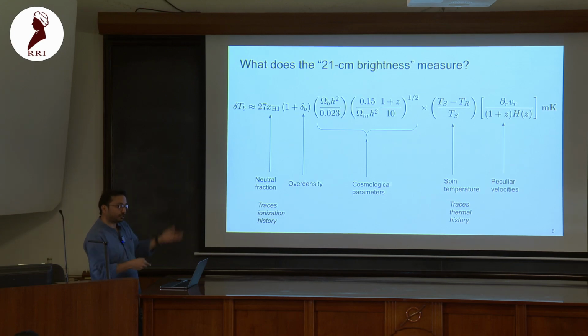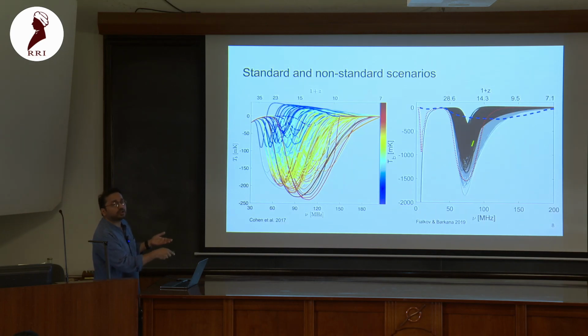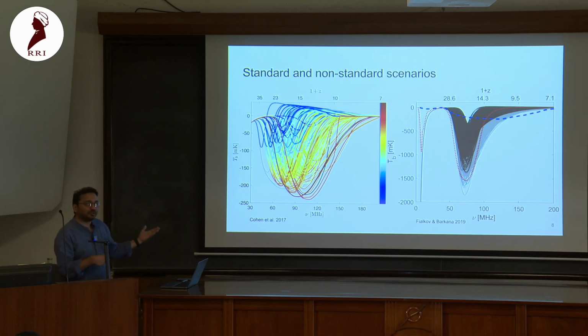so you would have even deeper absorption troughs, right? Because the gas temperature just cools adiabatically. That gives rise to huge absorption depths, more than what just the CMB can offer. So there are lots of non-standard models, and this is really good for an experimentalist, because those are much more easily ruled in or ruled out compared to low-amplitude models. But at the end of the day, we would really want to probe all of these models.